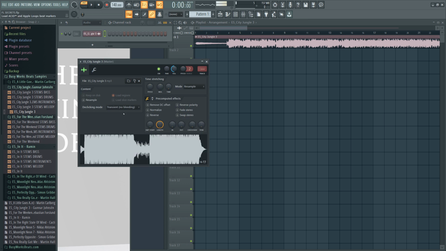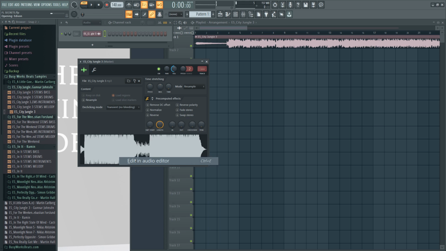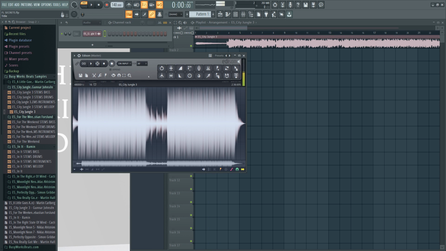And what we need to do is open up the sampler or the audio clip, right click, edit in audio editor. Now, someone who uses Pro Tools told me that when you do this method, for some reason, when you export it out of FL Studio and go into Pro Tools, it creates some high frequency pitch. I've never experienced it, so just keep that in mind.